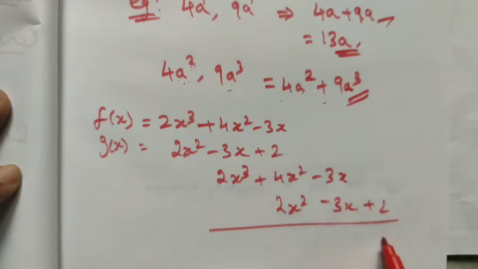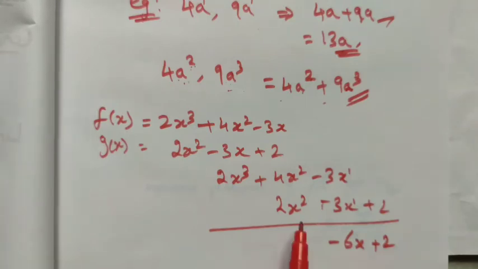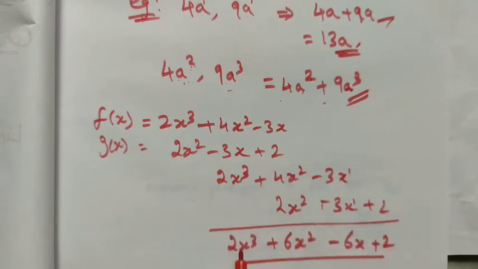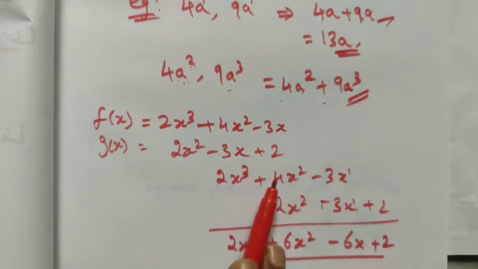Now adding these terms, here we have minus 3x and minus 3x, both having the negative sign, so minus 6x. See, the variables are the same, the powers of the variables are also equal, then only we can add, right? Here we have 6x square, here 2x cube. So this is the answer: 2x cube plus 6x square minus 6x plus 2. Here you should not add different powers. Different powers should not be added; we have to leave them as they are. This is the addition of the polynomial.